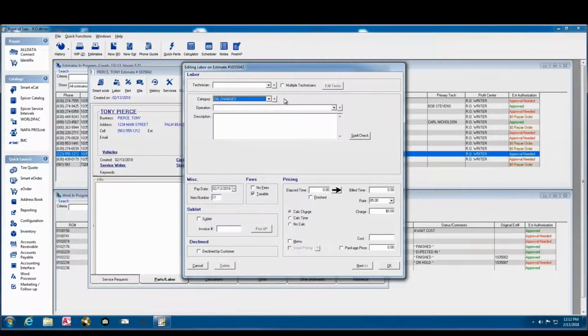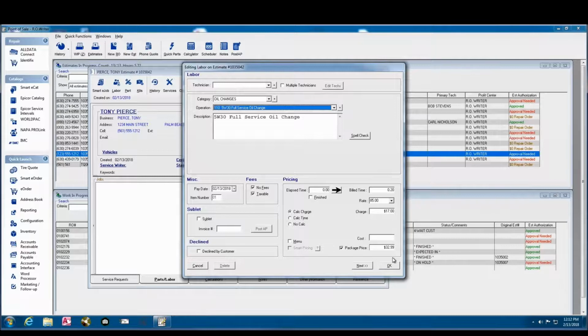webinar this afternoon. Underneath my category of oil changes, I've got, in my case, about 25 or 30 different oil changes. I've got not only my standard weights, but semi-synthetics, high mileage, full synthetics, so a fairly extensive category of services. For our purposes, we're going to add one of our standard weights of oil, just that 5W30 full service oil change. When I go to add that onto my transaction, to the lower right-hand corner where it says pricing,